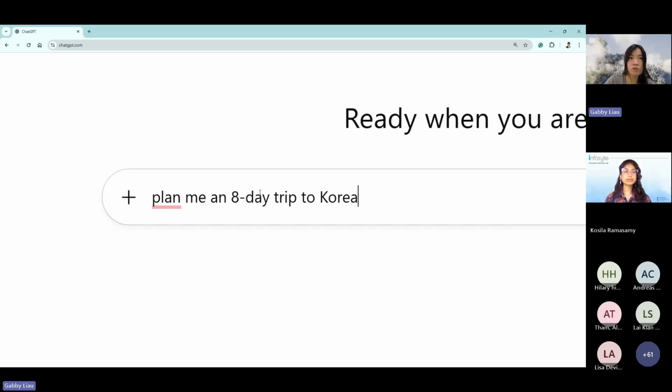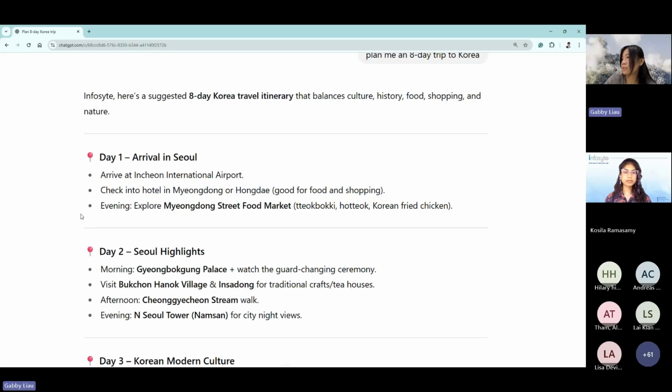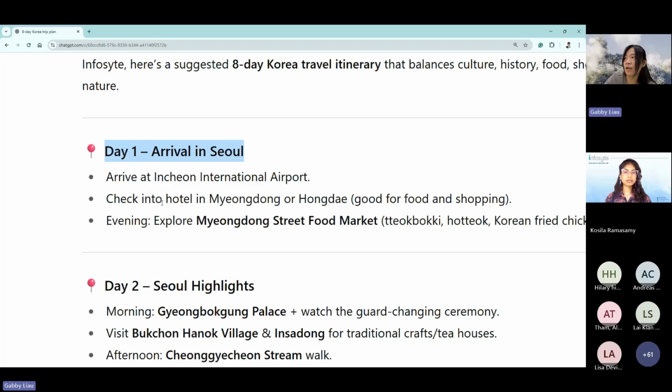Again, I saw a lot of my friends doing this as well. They just say, generally, plan me an 8-day trip to Korea. So if you do this, what happened? See, this is very general, isn't it? Day 1, you arrive in Seoul, arrive at the airport, check in, evening.